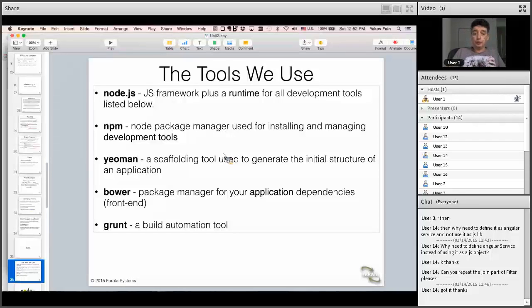So, Node.js. Many of you probably know that Node.js is a framework that you can use to write desktop applications in JavaScript. But this is not only a framework. And we are not going to use Node.js as a framework in our training. We are developing on the client side. But what happened was